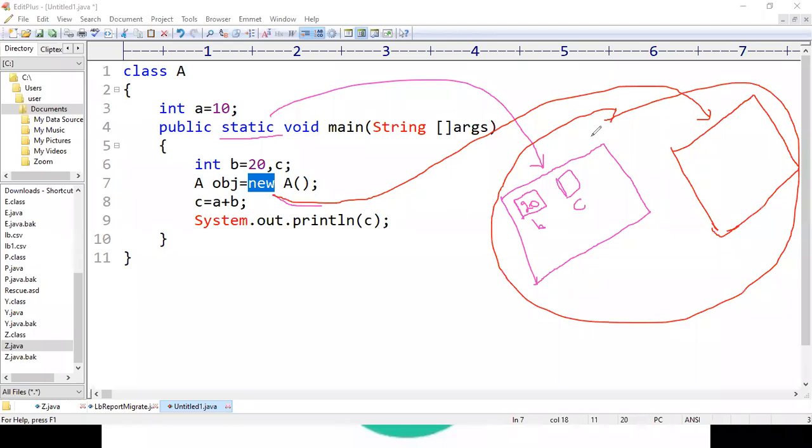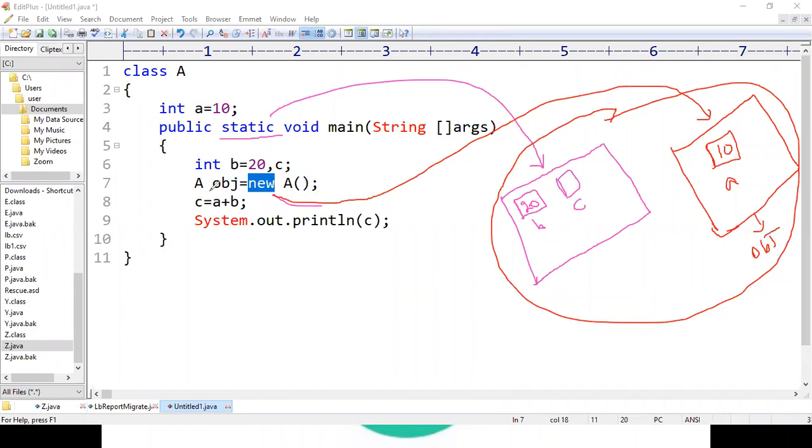Non-static means the things which do not have the static keyword before. So here a is a non-static variable because it does not have the static keyword. So it is going to create 4 bytes of memory with the name a, and the memory contains a value 10, and at the same time the name of this memory is obj.